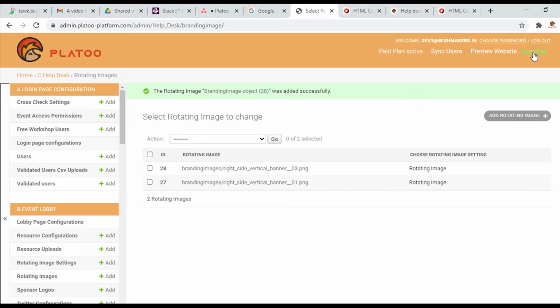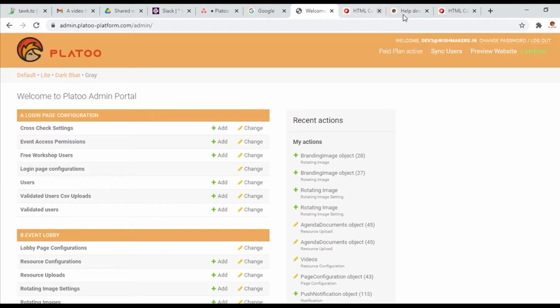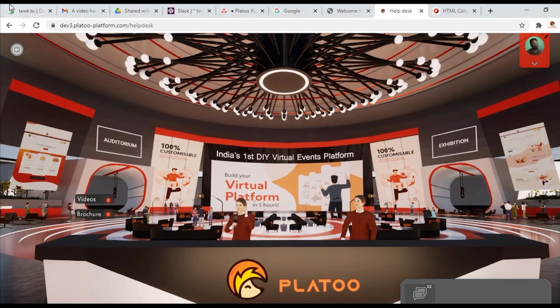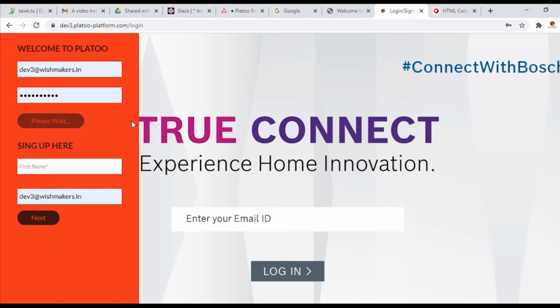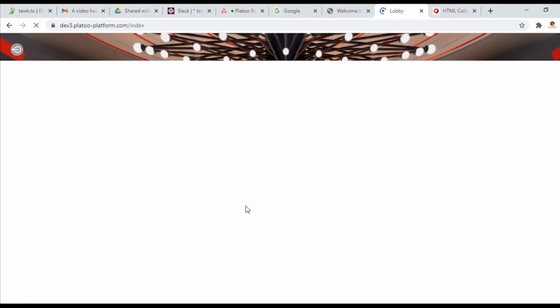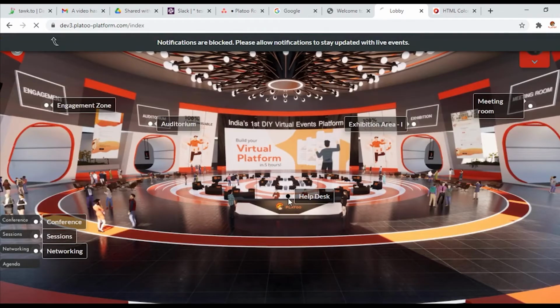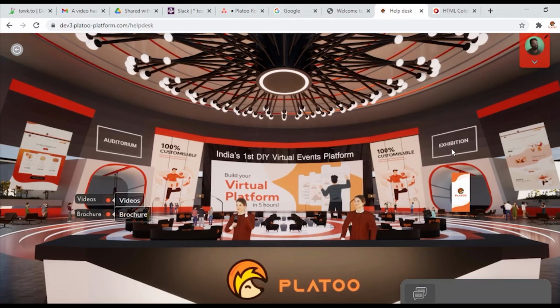Now I'll have to click on live now always, and I'll just refresh my front end, and I'll log in again. Now I'll go to help desk, and you can see here, as we put our rotating image, here it is.